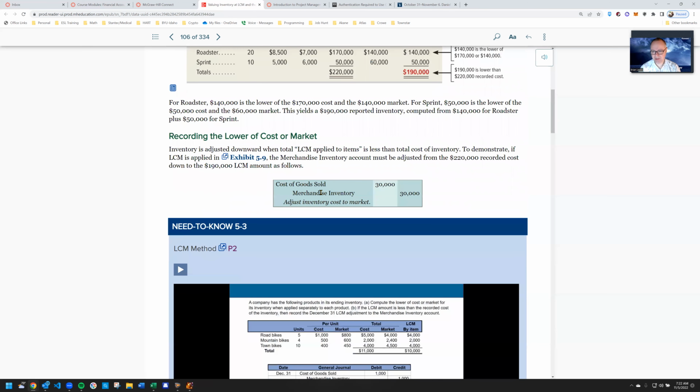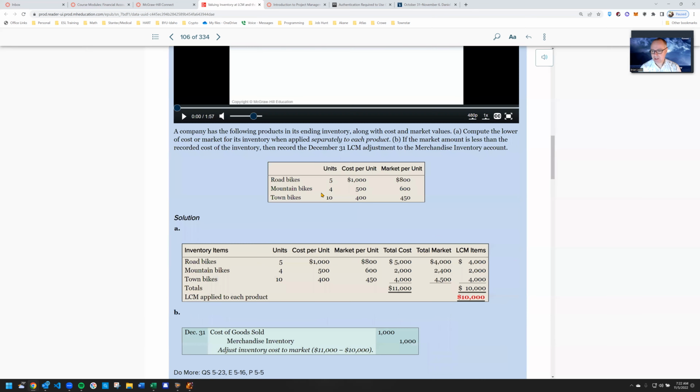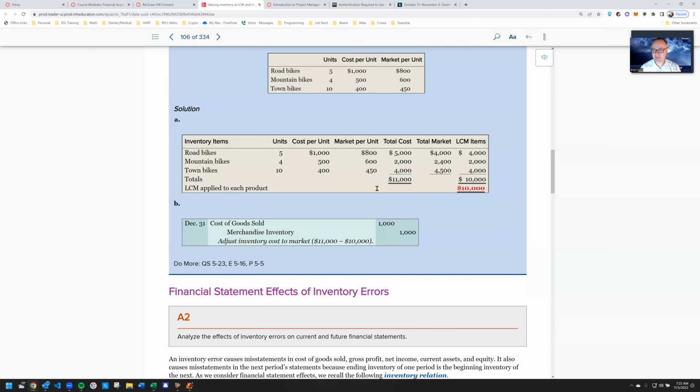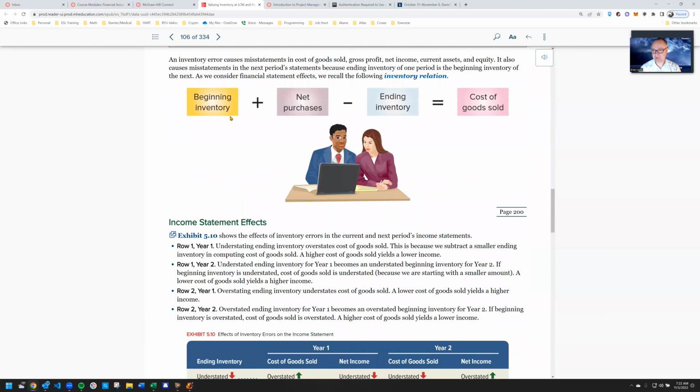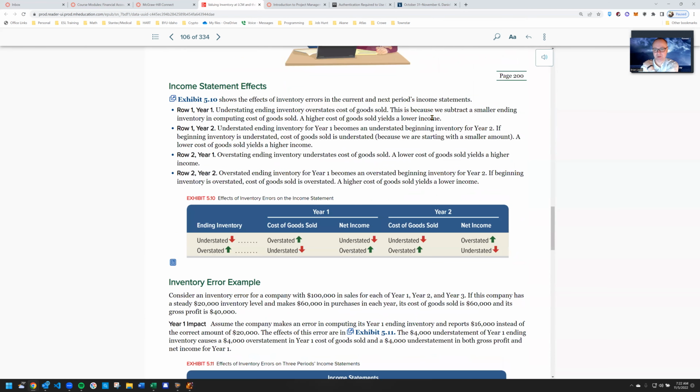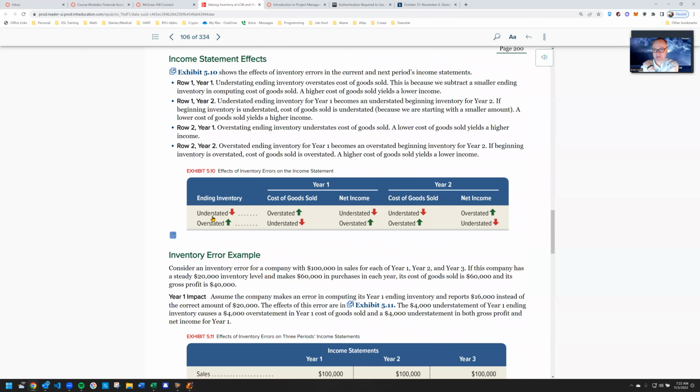Lower of cost or market. It doesn't get tested much, but you'll still have to understand it because the concepts of it will come up. Here's your beginning plus net purchases minus ending equals cost of goods sold formula. Very important to make sure you're aware of, and this will be tested as well. It covers the impacts if things aren't done correctly, right? Overstated, understated, what happens